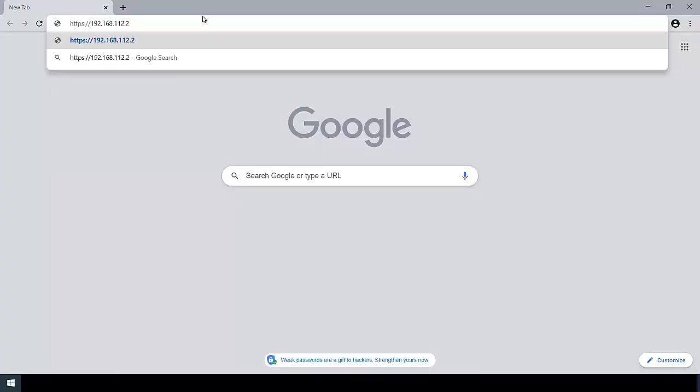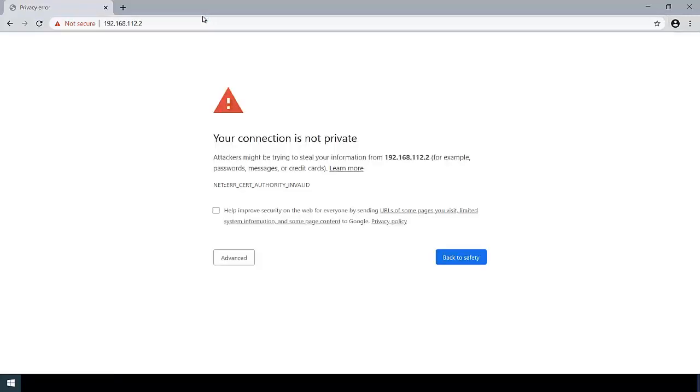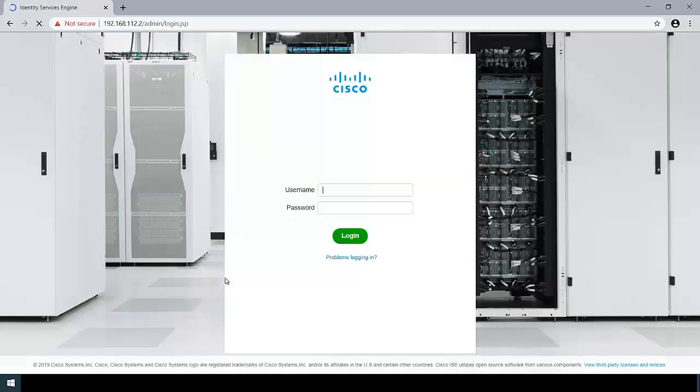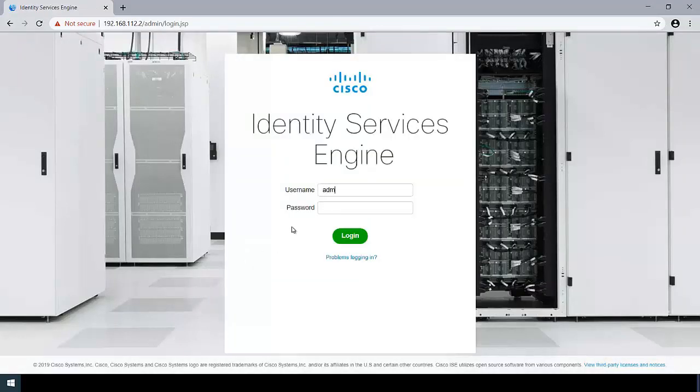So just go to browser, type https colon double slash and the IP of your ICE. Use the username admin and the password.